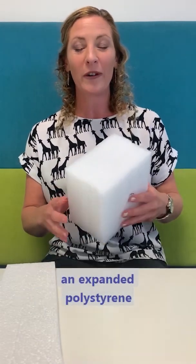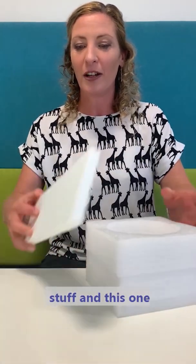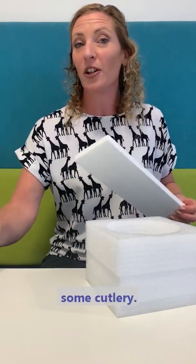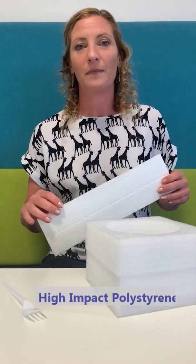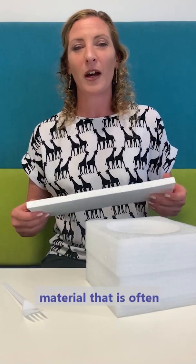So polystyrene, there are broadly 2 different types of polystyrene. There's what we call expanded polystyrene, so this sort of spongy stuff, which is often used if you buy a new microwave or dishwasher, and it's also used in some cutlery. But another type of polystyrene is high impact polystyrene, or HIPS, and that's the type of material that you